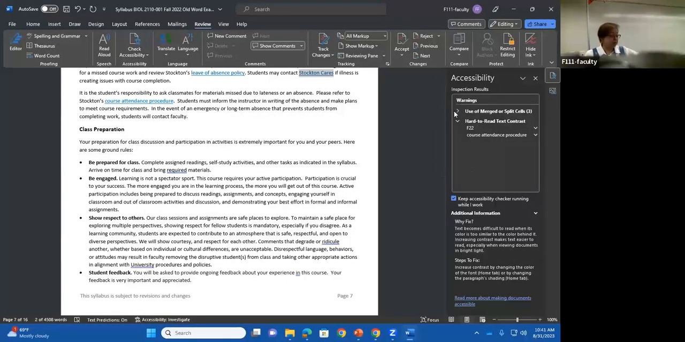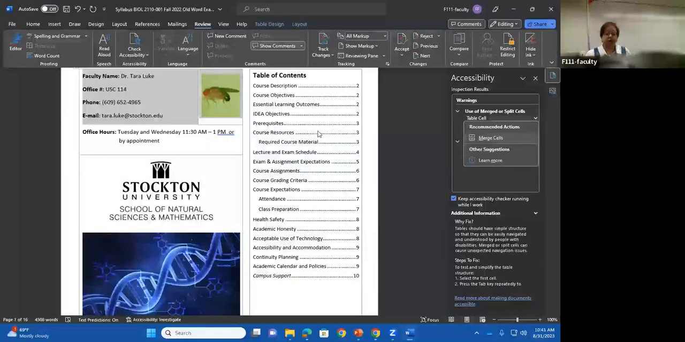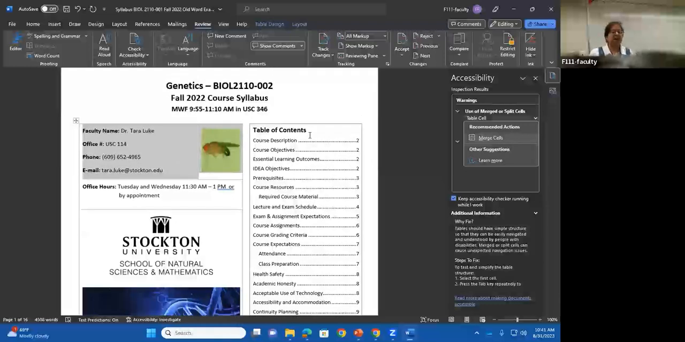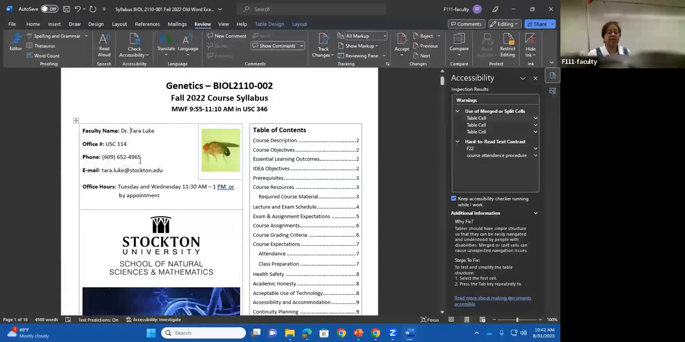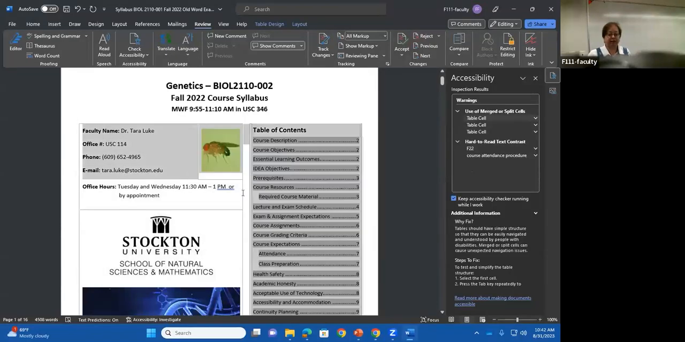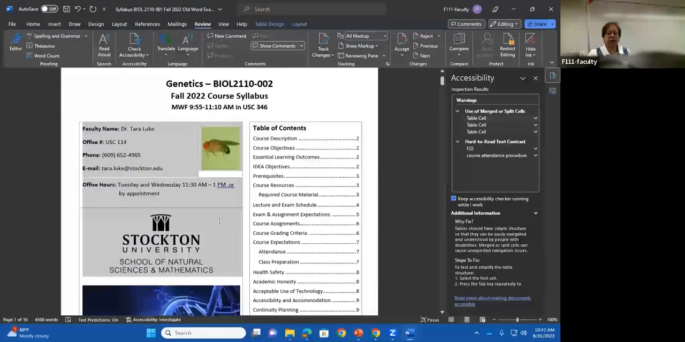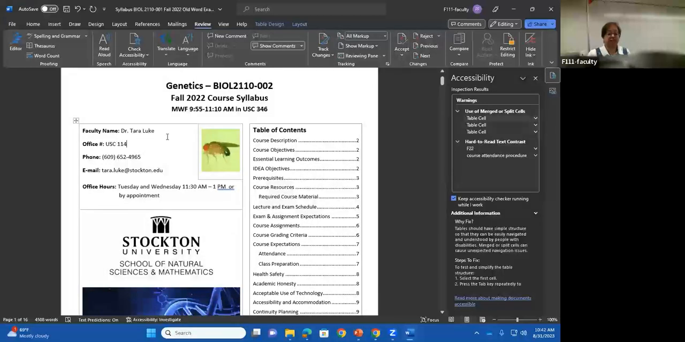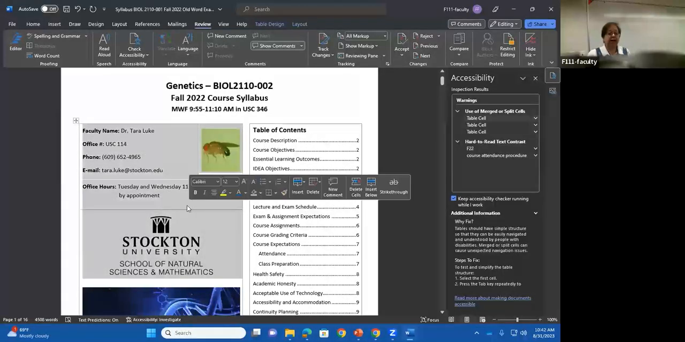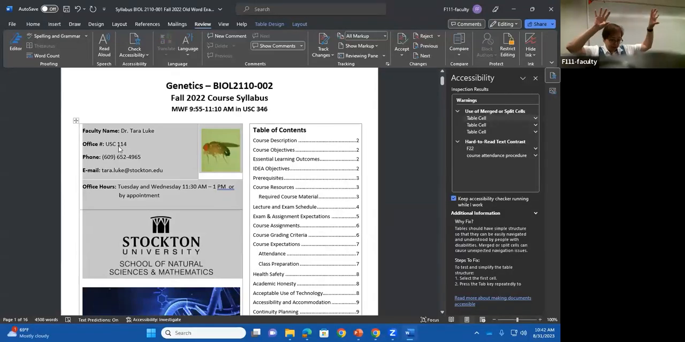The last thing I wanted to mention were merged and split cells. This does not need to be a table, but it is a table. And this is a cell here, and this is a cell. And screen readers really don't know what to make of this. When you have a table, you want to make sure that you have the same number of rows and columns all the way through. There are a few different ways to get around that. Sometimes it's really awkward, but